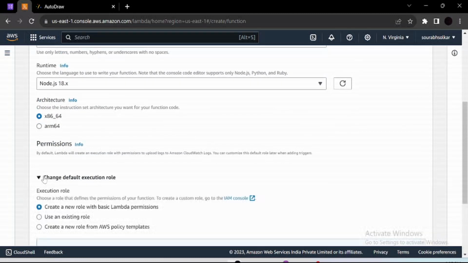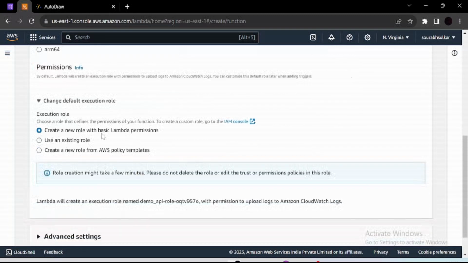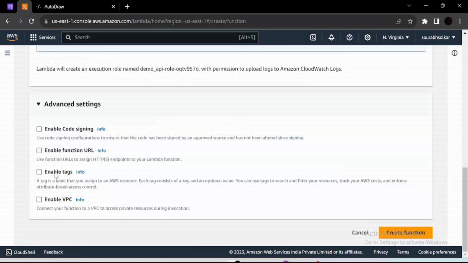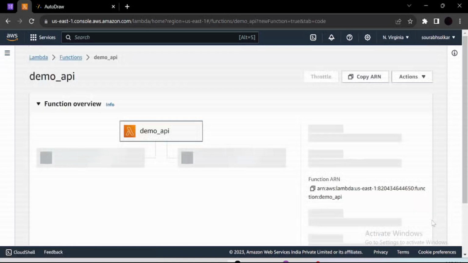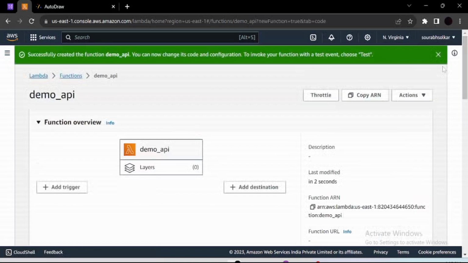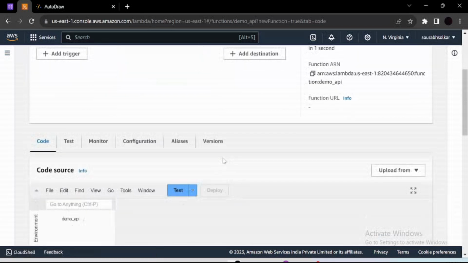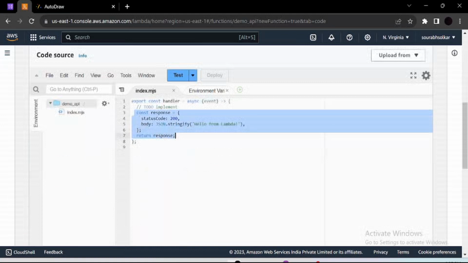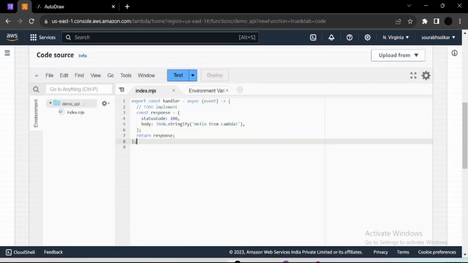Okay. Now, inside the create role, I'm not gonna change anything at the moment. I don't even want to check any one of these options. Let's click on create. And here we have our Lambda function ready. All right. If you see the code base, this is simple. There is one handler function which will ultimately return one JSON,